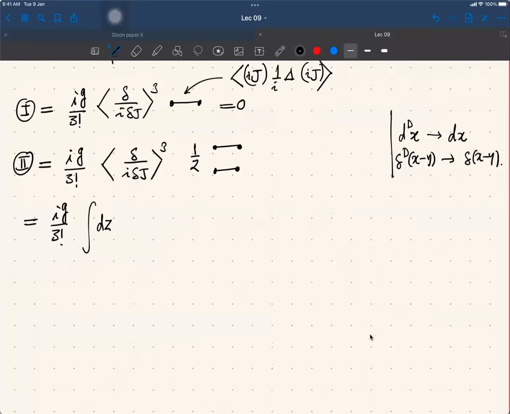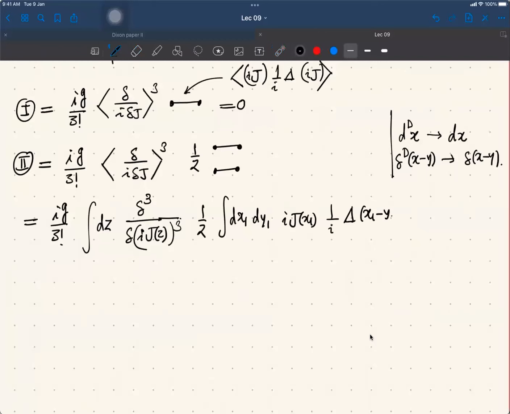So then this is an integral of dz, delta cube over delta Iz cube. This is what it is, acting on half integral dx1 dy1 Ij x1 1 over I delta x1 minus y1 Ij y1,